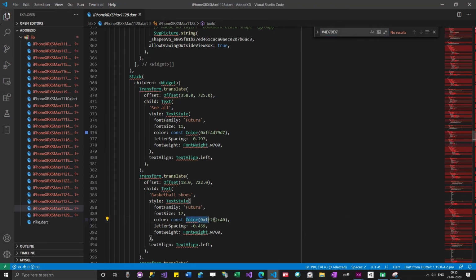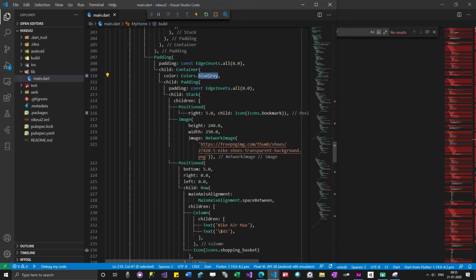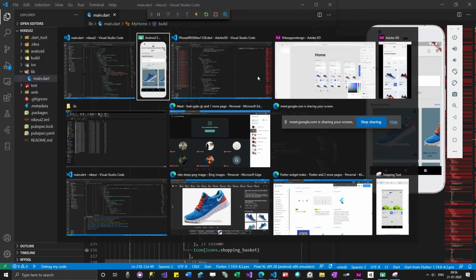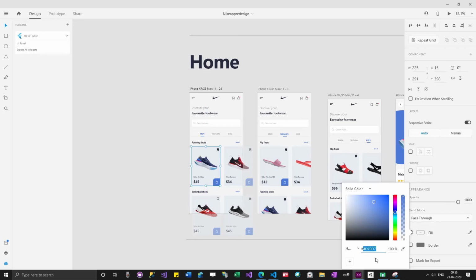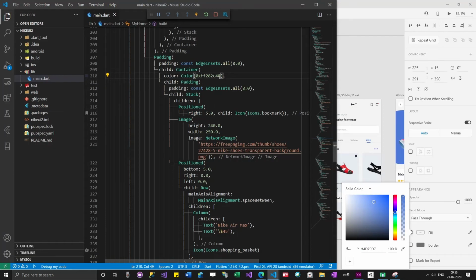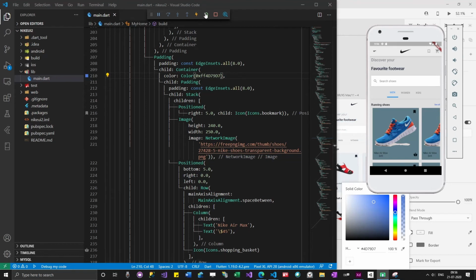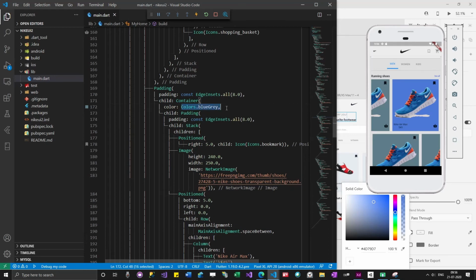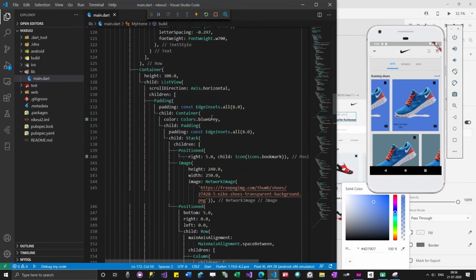So let me copy this part. You can see the color is also getting changed.